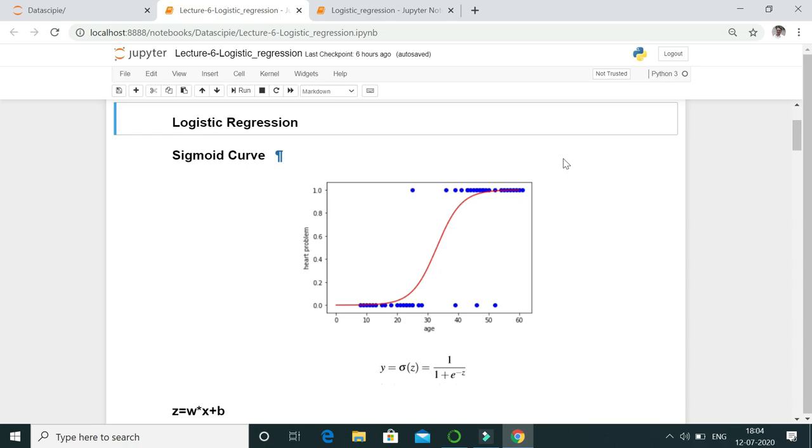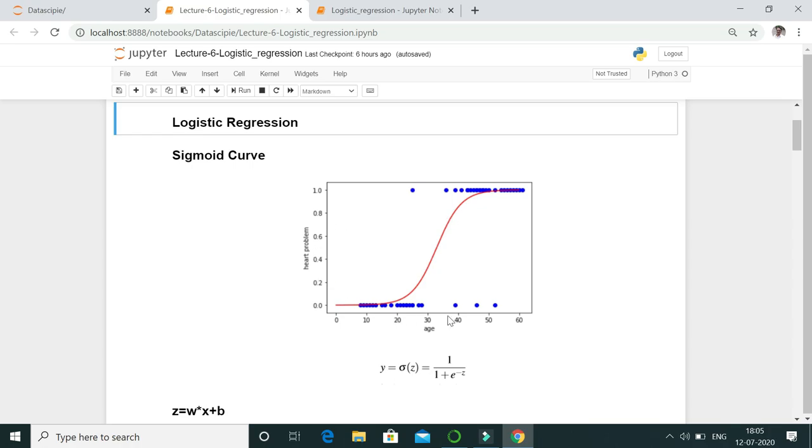So in linear regression, we predicted some value from the independent variable. But if there is a case when we have to predict whether some team will win the match or not, or anything whose output is either 0 or 1, there we have to utilize logistic regression.